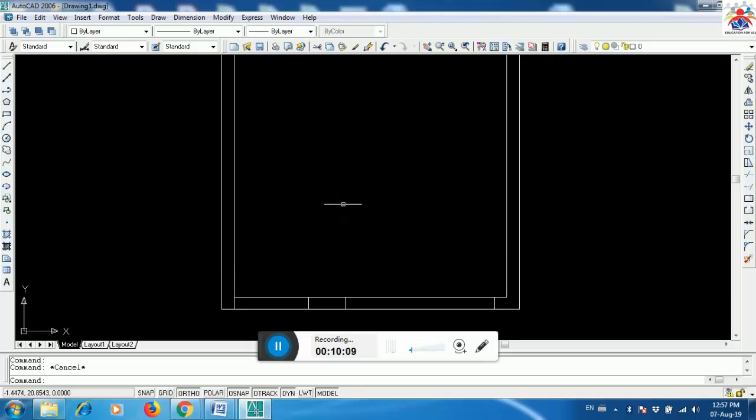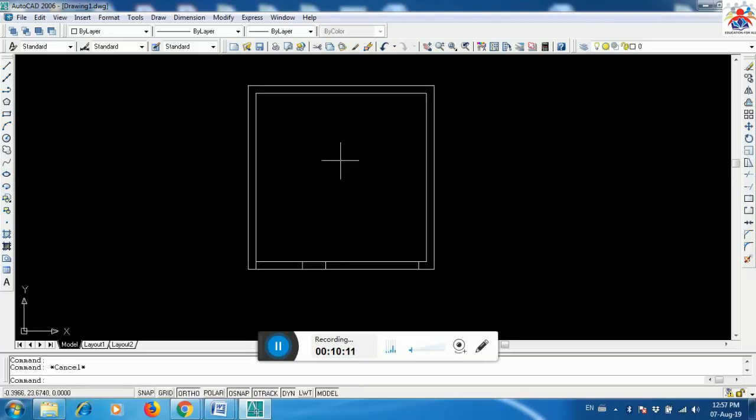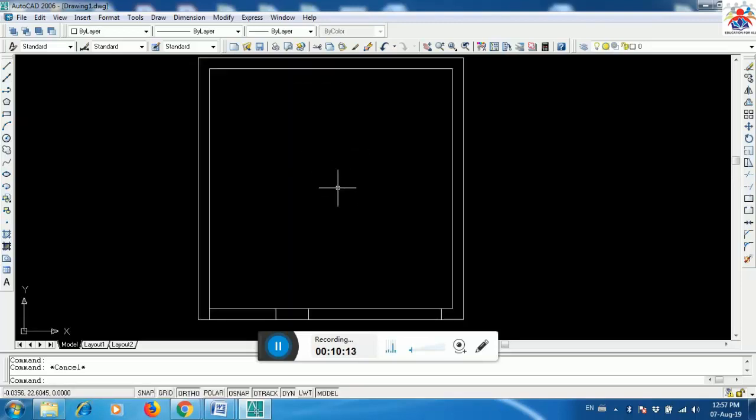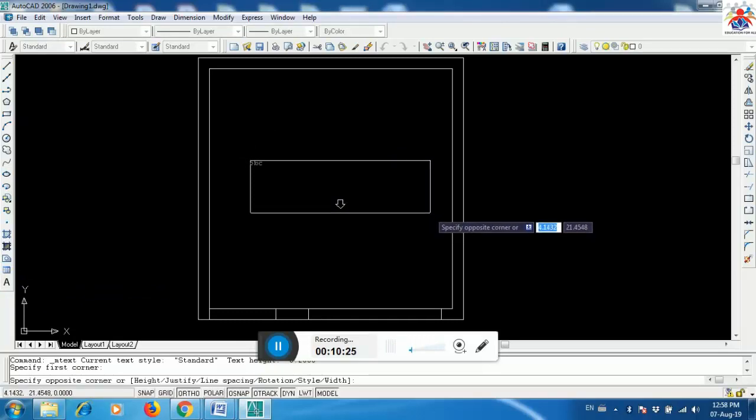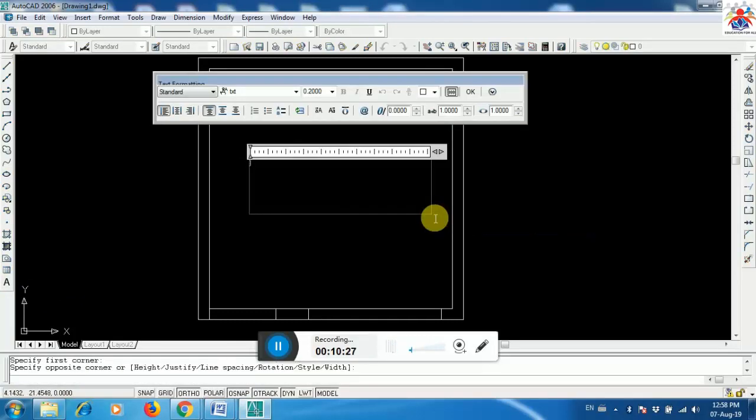So now, final thing, I like to add some writing, the size and the room name or whatever. So how to do that? Click on the text command, multi-text. It says click inside the room, drag it to the right. Now you have a space where you can write. Okay, so this is my room 1. Okay, the size is